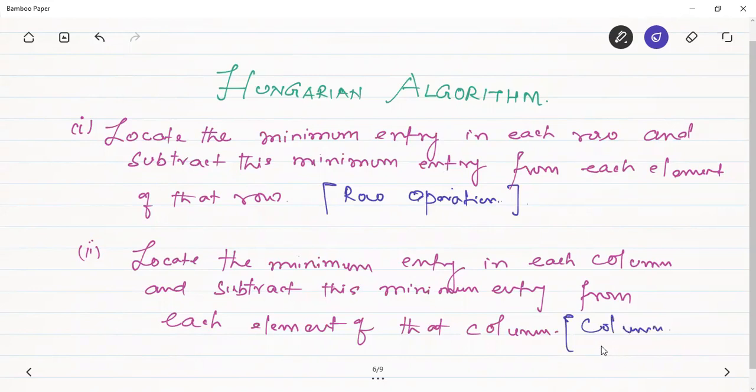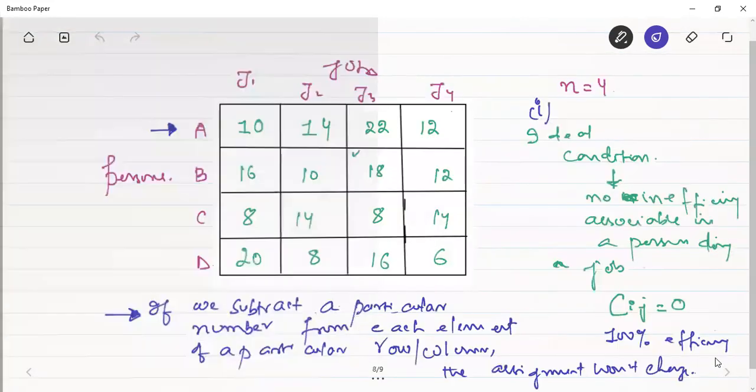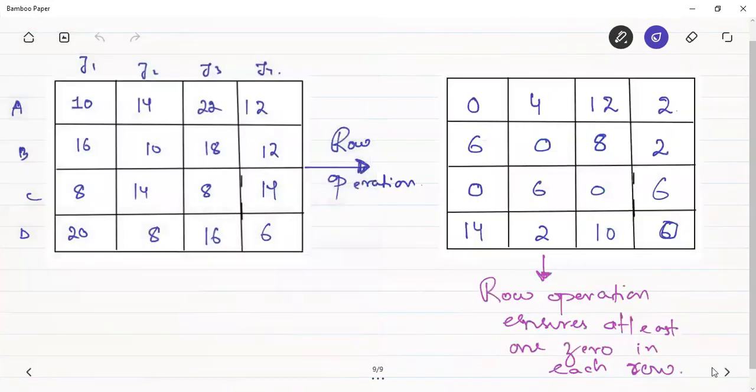Locate the minimum entry in each column and subtract the minimum entry from each element of that column. ठीक है, अब यही ऑपरेशन हमें क्या करना है? कॉलम पे आओ। ठीक है, and from here I think you can see that there is already 1 0 in each column। ठीक है, यहाँ पे कॉलम ऑपरेशन करने की जरूरत नहीं है, बिकॉज हर किसी कॉलम में क्या है? 0 है। That is the least entry, and if we subtract 0 from every entry of that column, we will again get the same matrix।